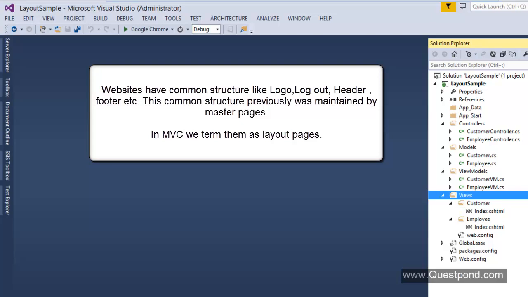If you find a logout button in the top right corner of one option, you will find the logout button in the top right corner of all other options. That is called maintaining layout, maintaining structure, and that became easier in ASP.NET with the help of a concept called master pages, which is renamed to layout pages when it comes to ASP.NET MVC.